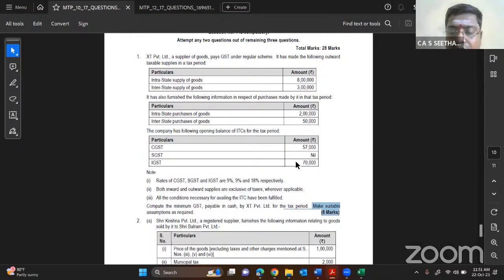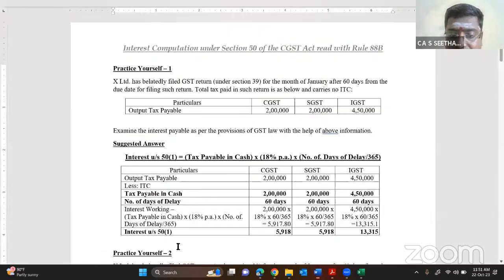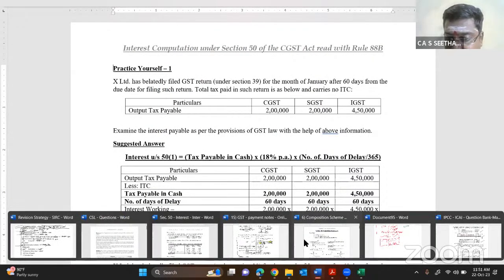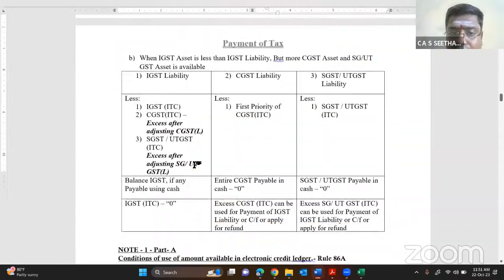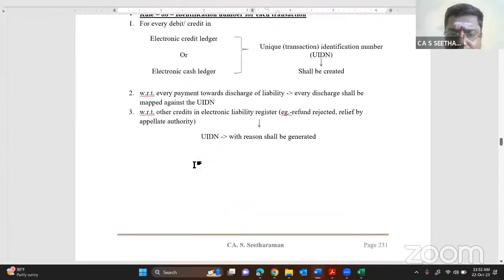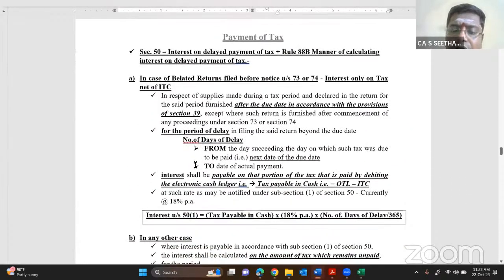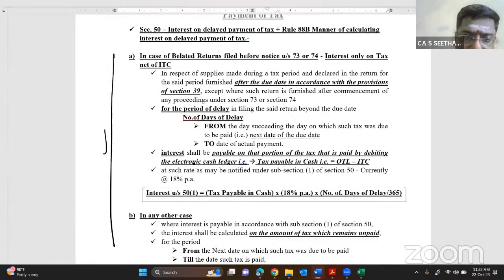Right? So I will go for the last leg of this payment chapter. The payment chapter is very much on the higher side. Interest calculation in the payment chapter becomes a very, very important discussion today. So let's go for the interest calculation problem. Other liabilities and all, very quickly we can knock it down. This is an examination oriented area for you at the IPCC level.